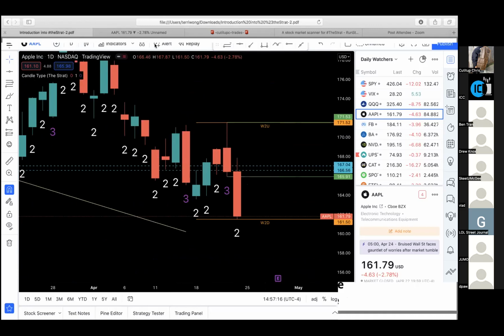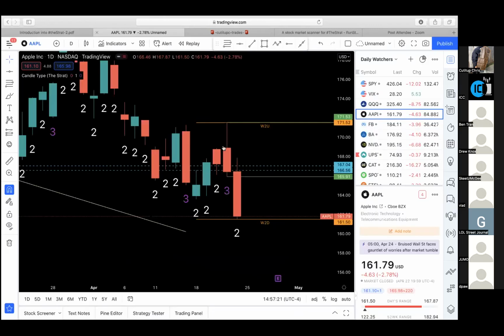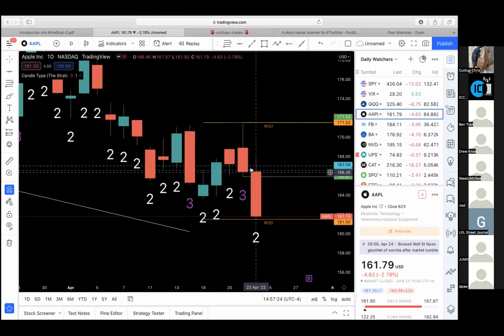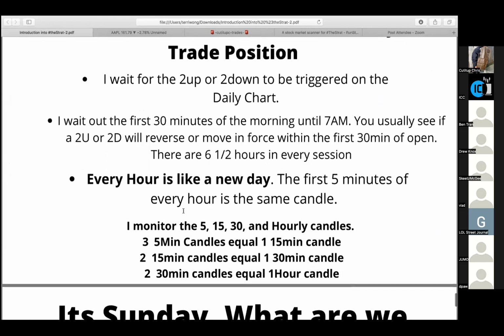Okay, so wait out the first 30 minutes, because as you guys saw in the beginning of the day, even though this thing looked good in the beginning, we saw reversal, we saw actual signals to the downside on the 5-minute. If we look at the 15-minute, I'm sure we saw another actionable signal to the downside. And so